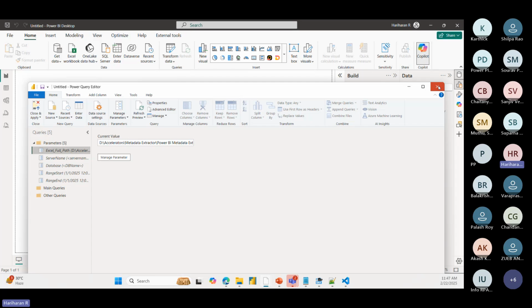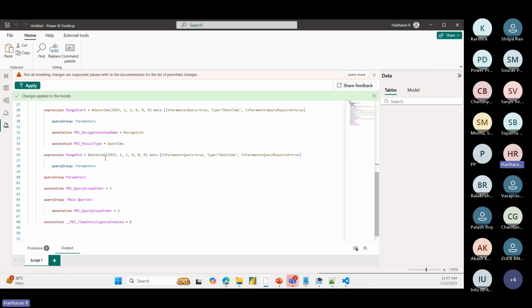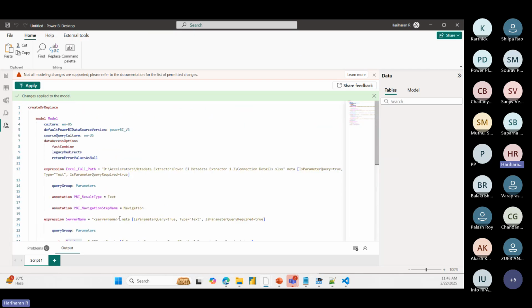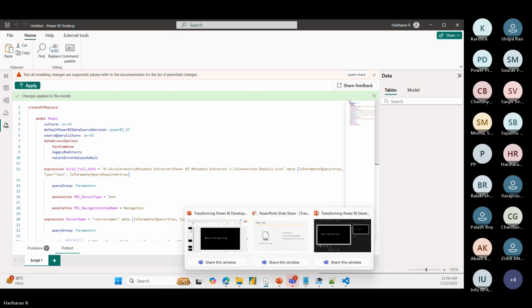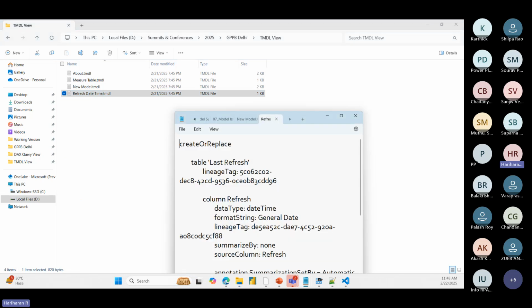And again, if we are going to reuse some of the tables from other models, specifically date tables, you can document those date tables in a TMDL script. You just simply copy and paste it here, and the table will be created. So like that, you can have all these standards defined as individual TMDL files, be it a table, column, or a measure. And you can share it with the entire